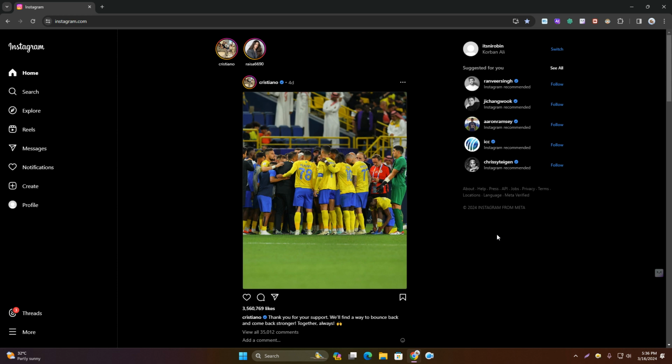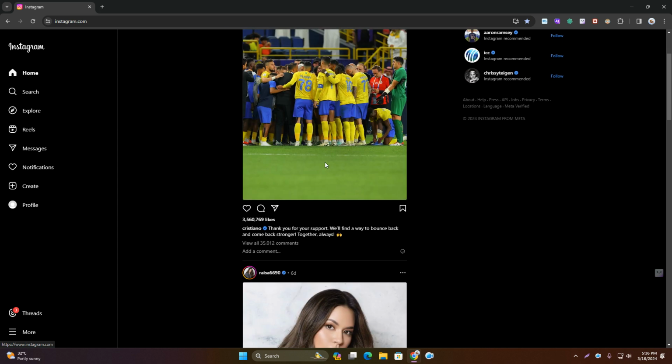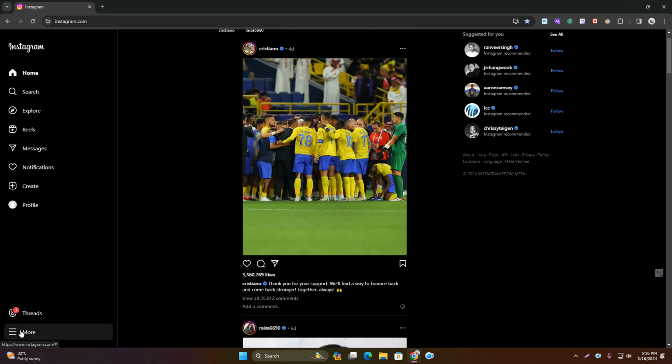So you can go to any browser you want. I'm using Google Chrome. Then type the word instagram.com. You can see the URL. Then you'll find a page like this. So what you need to do, you need to click here, More,